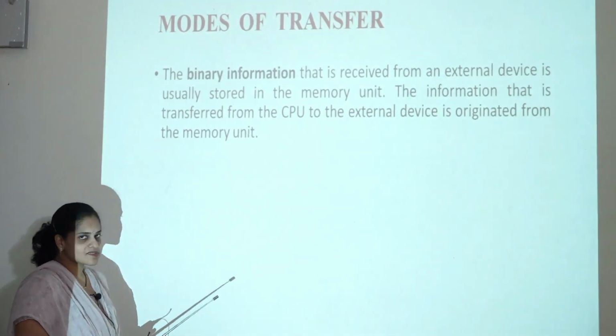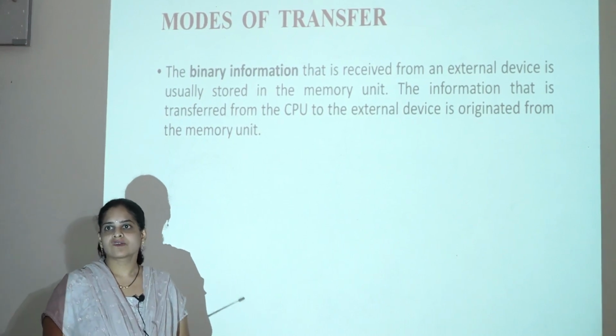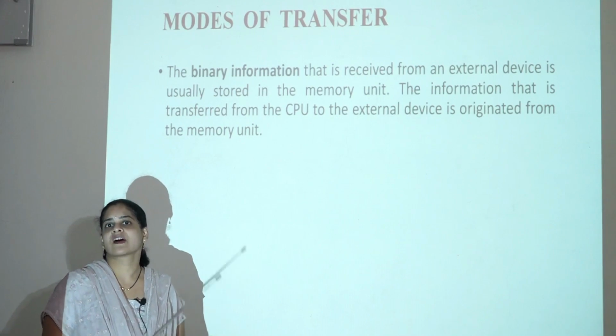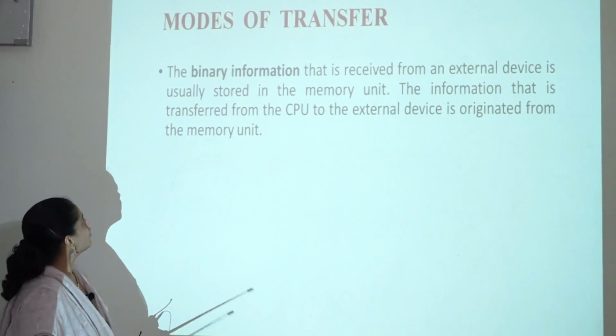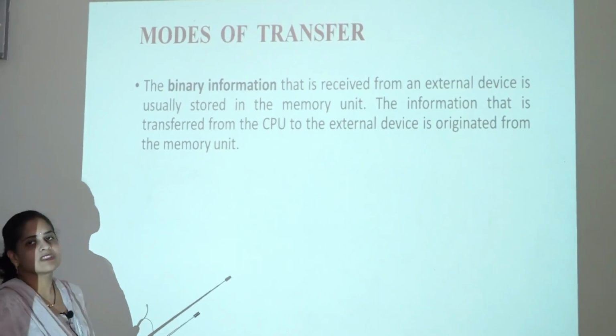Similarly, whenever a result is available as an output to be given to the output device, it is stored in the memory, so that the information from the memory unit is transmitted to the output device. So the binary information that is received from an external device is usually stored in the memory unit of